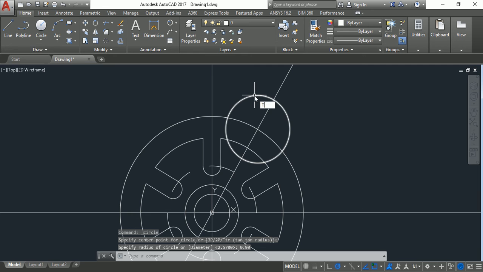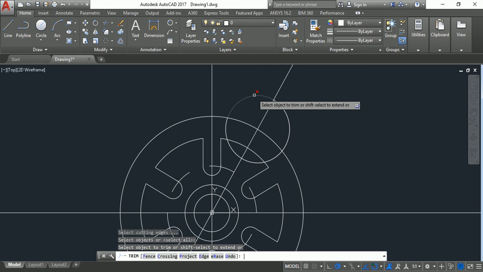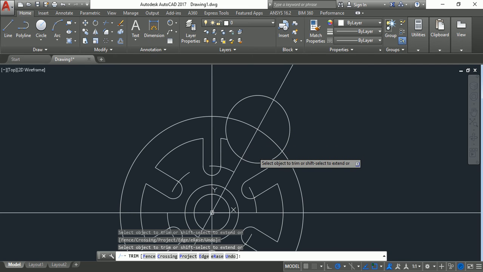Now we will trim out again the unwanted entities, and now it will be much easier to do the pattern.